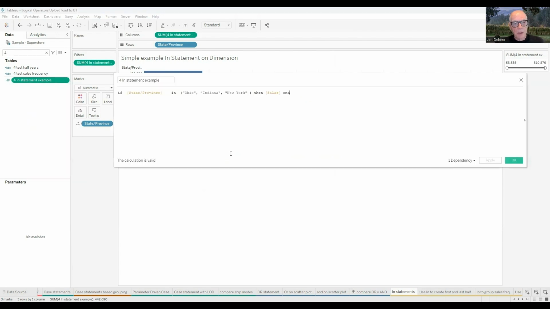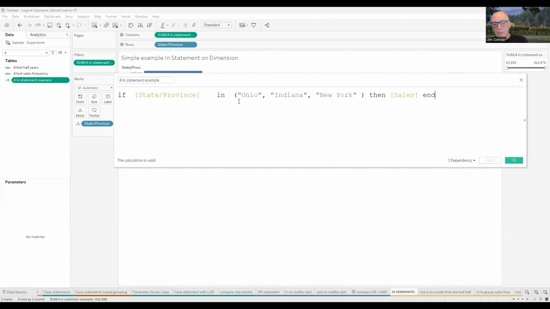But the in statement would look something like this. This is just where we're looking at state or province. The in statement here is embodied inside an if-then statement. If state or province is in, and here I've got three states that we're looking at, Ohio, Indiana, and New